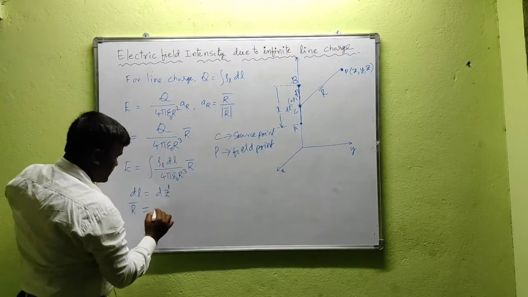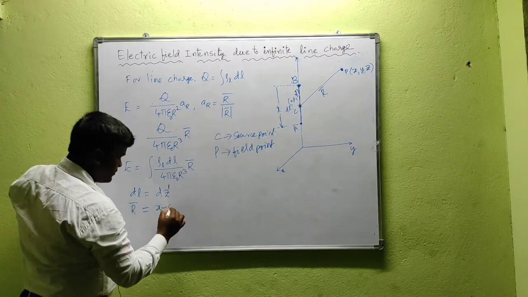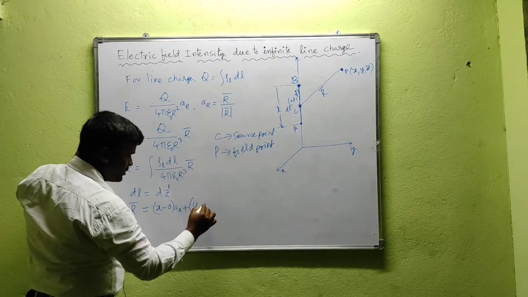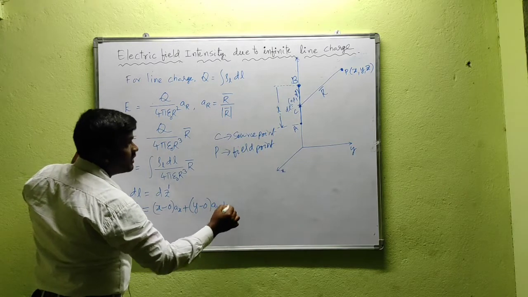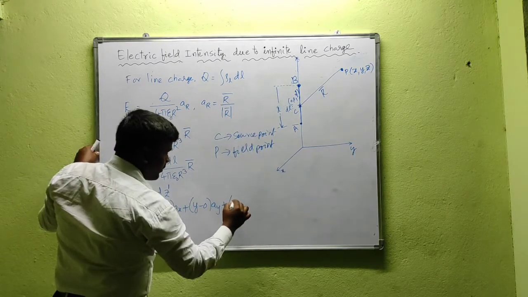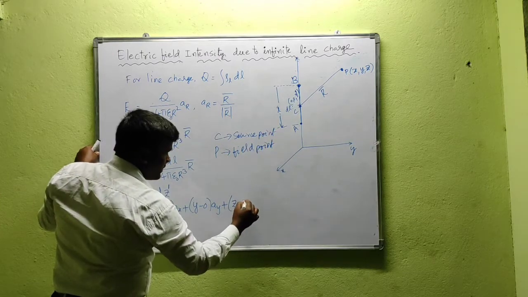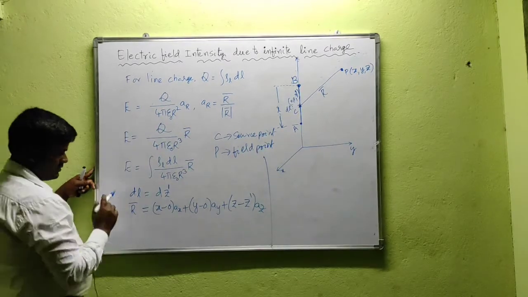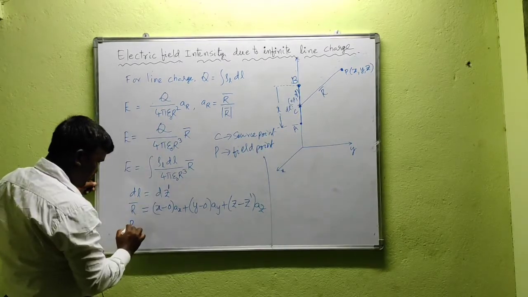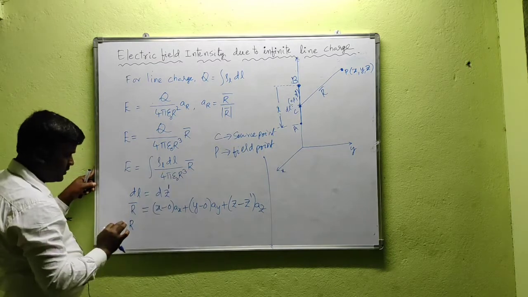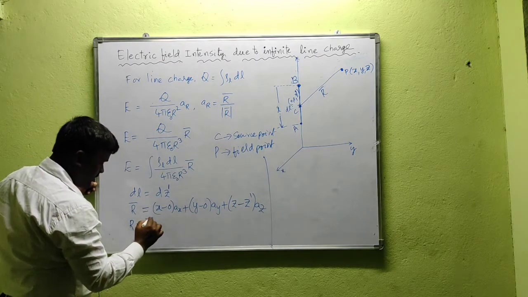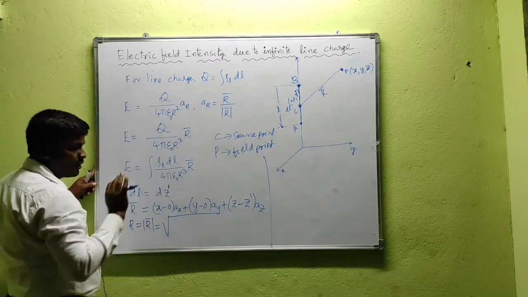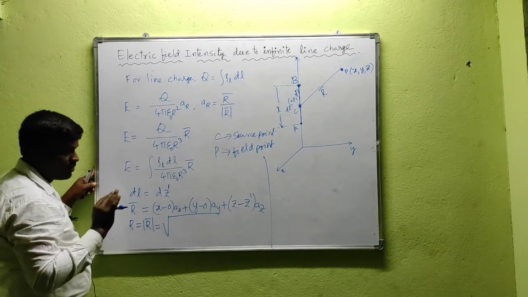So for the x coordinate, the terminating point is x and the starting point is 0, so x minus 0 into ax. For the y coordinate it is y minus 0 into ay. For z, the terminating point coordinate is z and the starting point is z dash, so z minus z dash into az. Okay, this is r bar. Now we need to find this r, and r cube also. So r is nothing but mod r bar. We can determine the magnitude of any vector as the square root of the x component whole square plus the y component whole square plus the z component whole square.